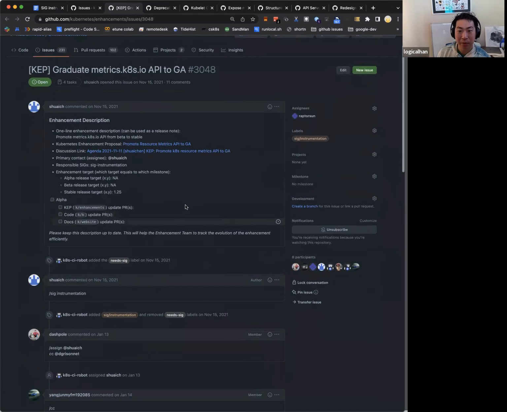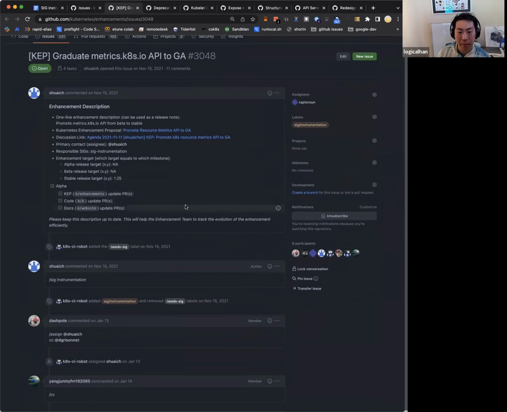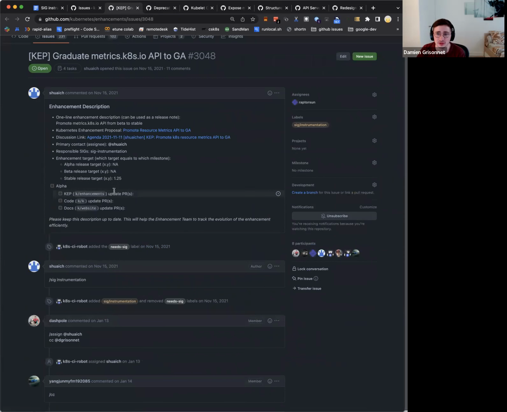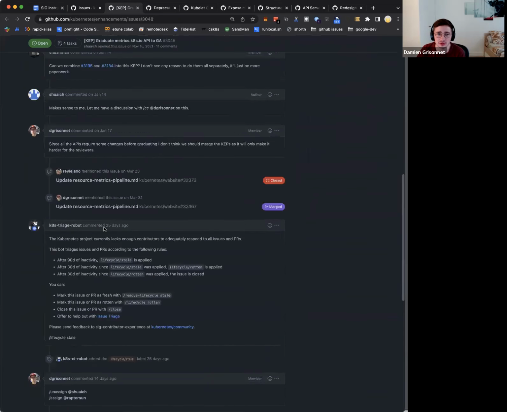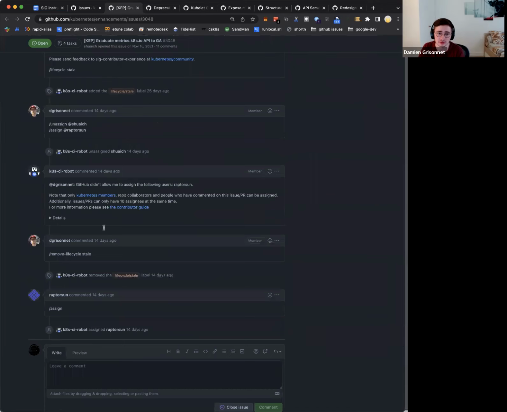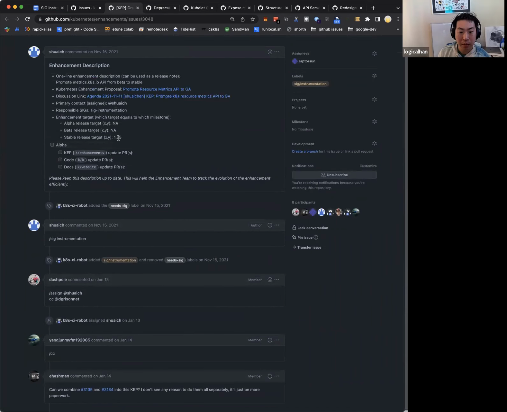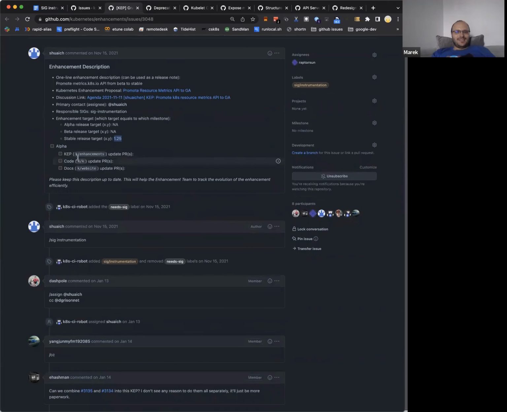Okay, this one we just went through, right? Same thing. Yeah, this one is a bit different again. Yeah, it's yet another difference. Like AOU is now working on it because Shui didn't have any time to work on it anymore. Okay, so do you want to change this one to 126? Maybe 125. We still need to figure out how much work there is. You need to define what you want. You need a KEP.